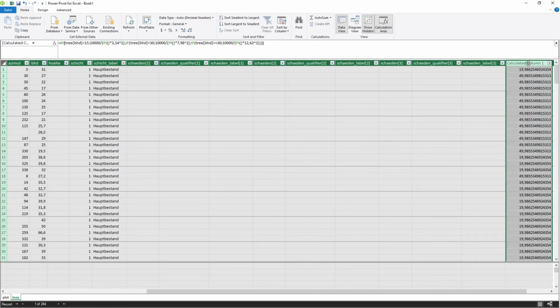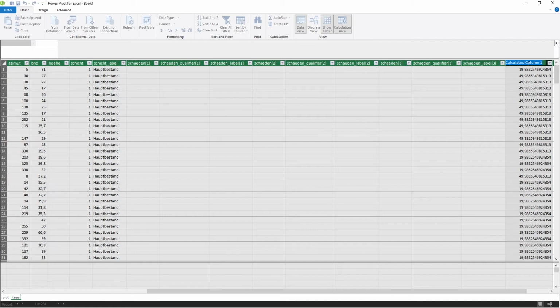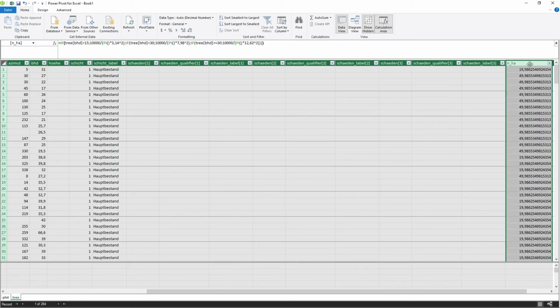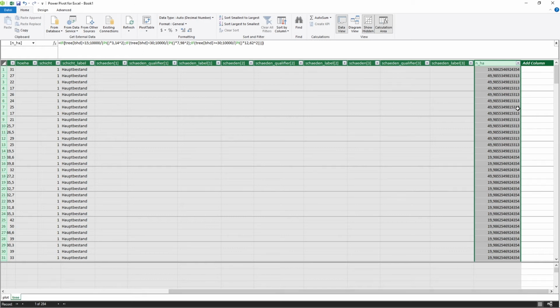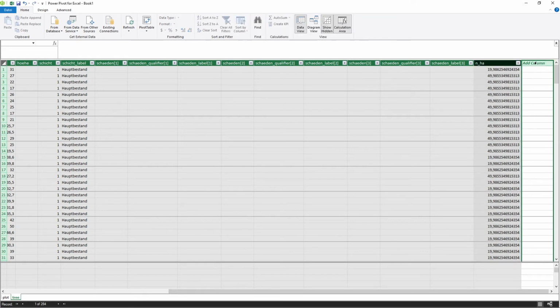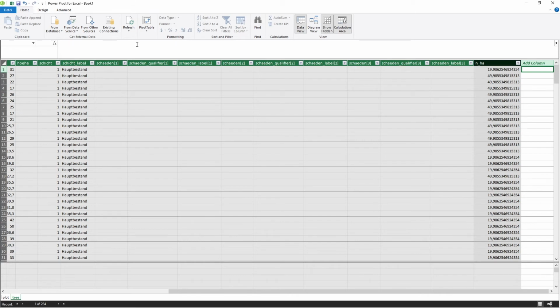So we can also give a name to this new calculated field. We can call it expansion factor, but in fact it is nothing else than the number of trees per hectare that is represented by each tree in our sample. So let's call it N per hectare. Based on this calculated field, we would now be able to estimate tree density per hectare in our pivot table. But as I said before, I like to estimate the mean basal area per hectare.